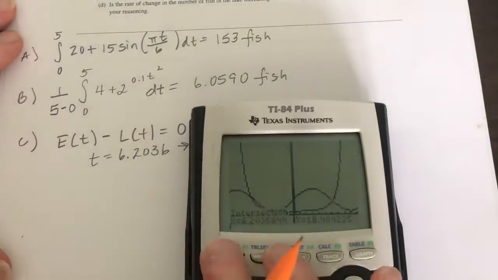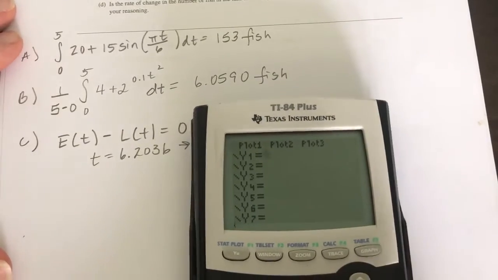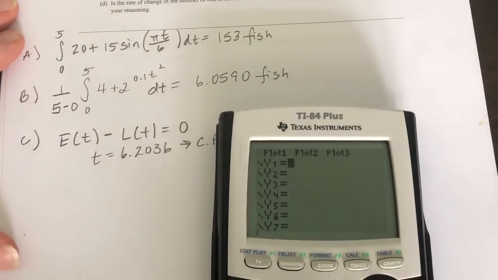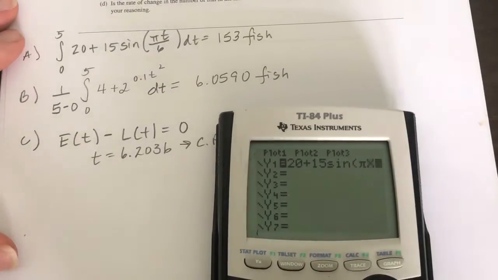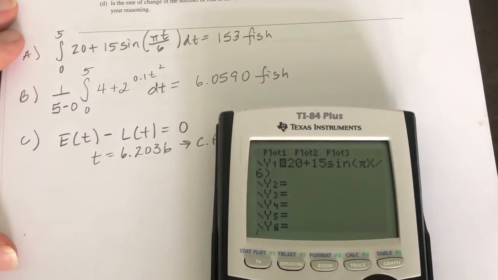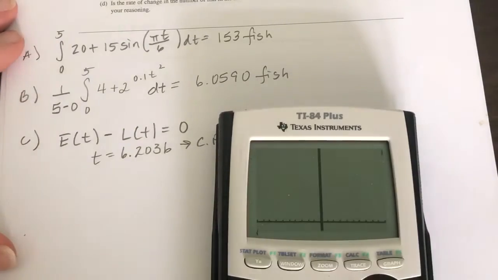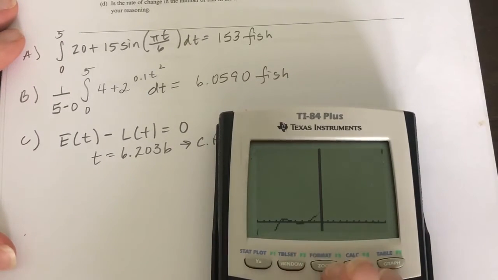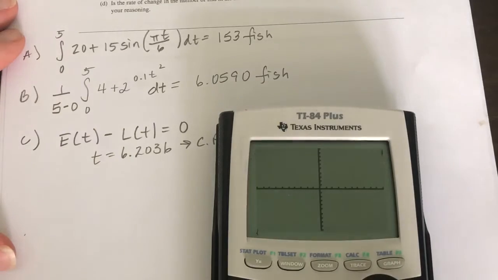Now, I can also put it in y1, 20 plus 15 sine of pi x over 6 minus, make sure you use parentheses, 4 plus 2 to the 0.1 x squared power, close parentheses. And if I want to find my zeros, I can find my zeros. Let me zoom 6. Okay, so if I zoom 6,